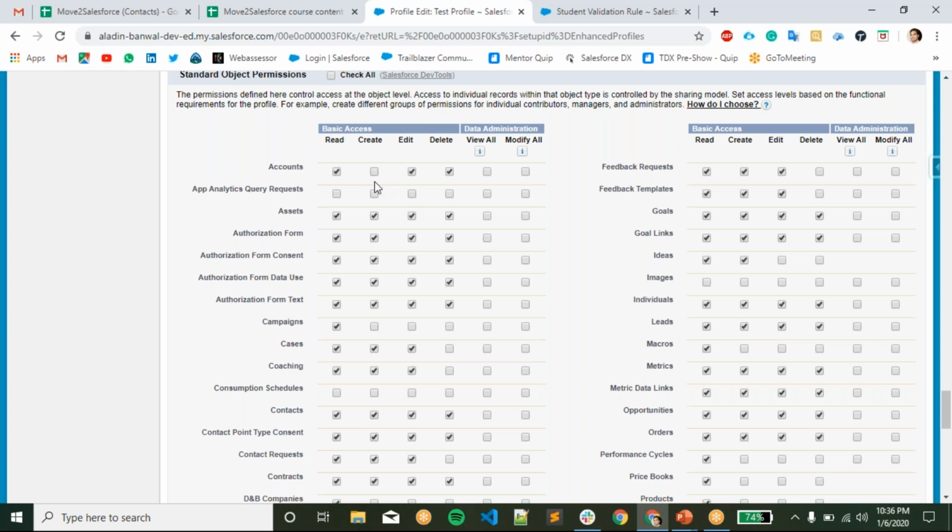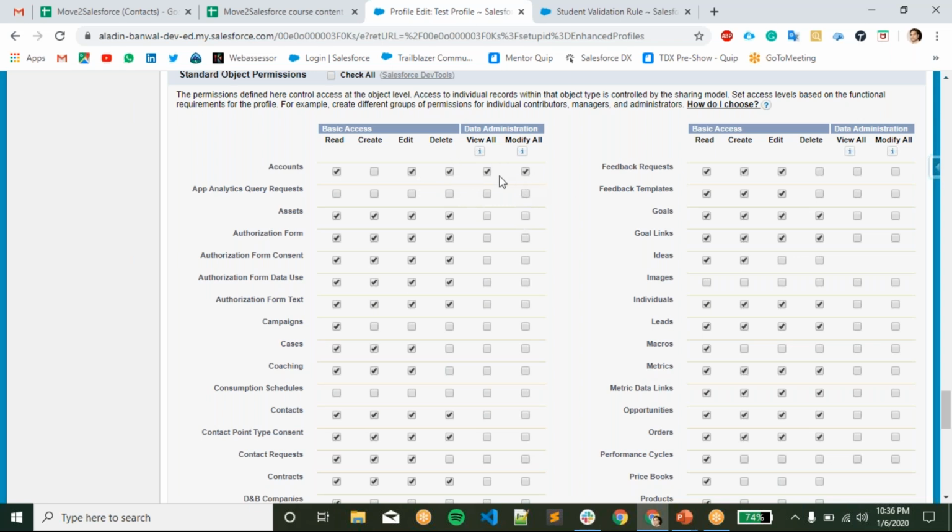If you leave Create restricted, the user who has this Test Profile will not be able to create an account record. And you can restrict Edit. If you do not give the Edit permission, the Delete will also be lost.